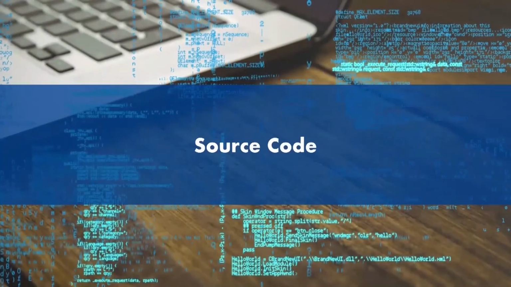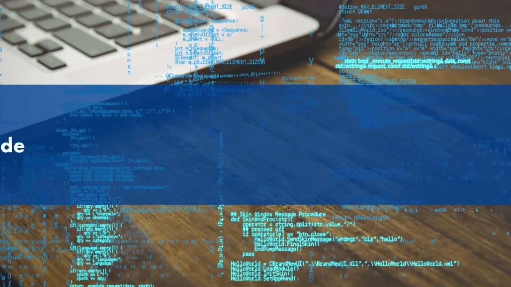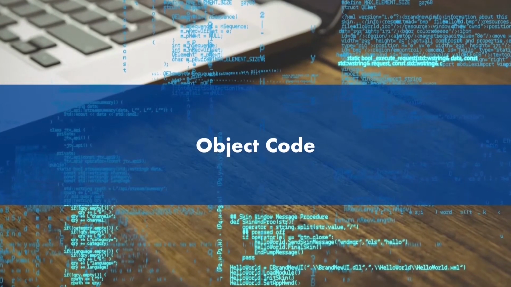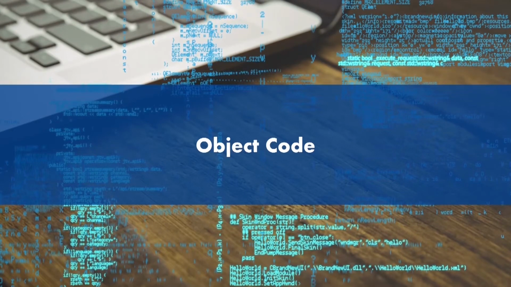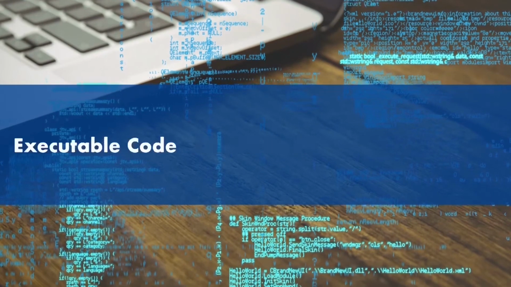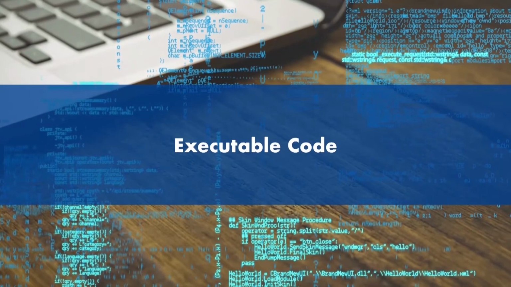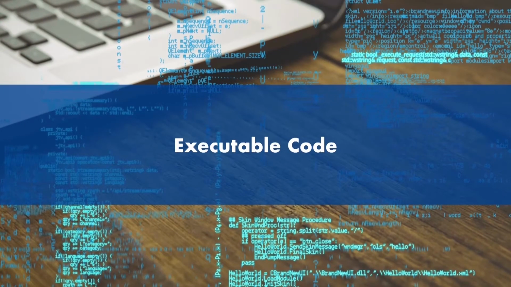So the source code is thrown to the compiler. It produces object code. Now the object code, when integrated with the routine library operations, develops an executable code or binary code. So when I am developing a software, I won't give you the source code. As a producer, I will sell you or give you the binary code or the executable code that you can run any number of times.